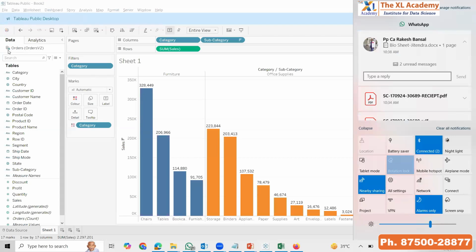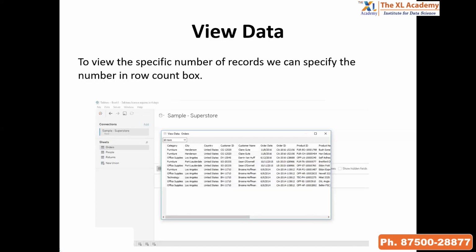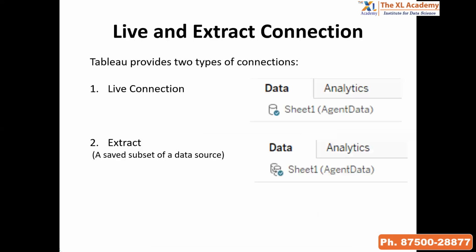अब अगर आप इसको ध्यान से देखोगे तो यहाँ पे दो सिलेंडर हैं, दिख रहे हैं? दो सिलेंडर का मतलब होता है एक्सट्रैक्ट। और जब आप लाइव में काम करोगे यहाँ पे आपको सिंगल सिलेंडर मिलेगा। ओके, सो हियर इट इज। दिस इज द आइकन ऑफ अ लाइव एंड दिस इज एन आइकन ऑफ एन एक्सट्रैक्ट।